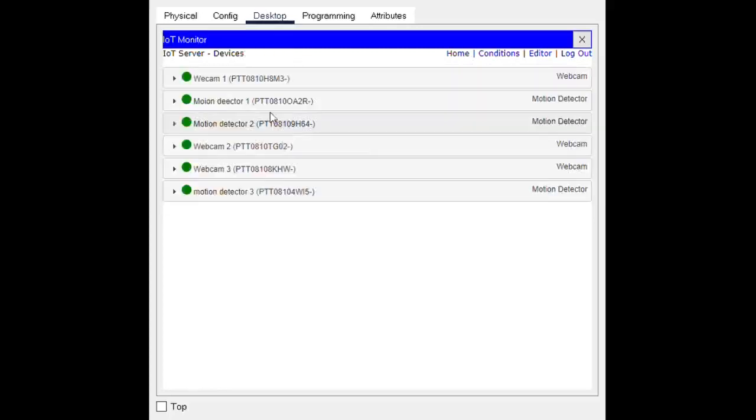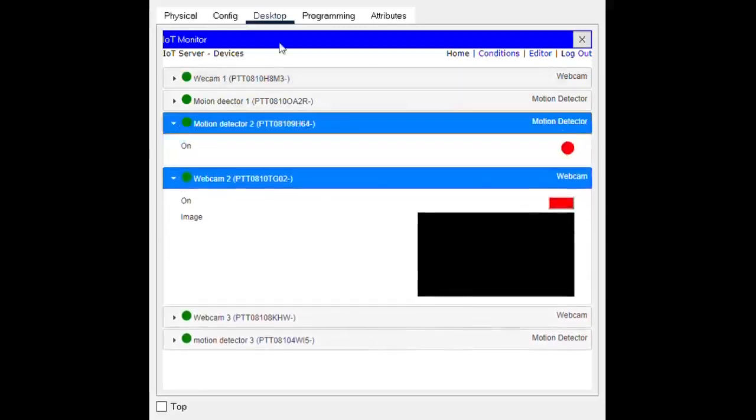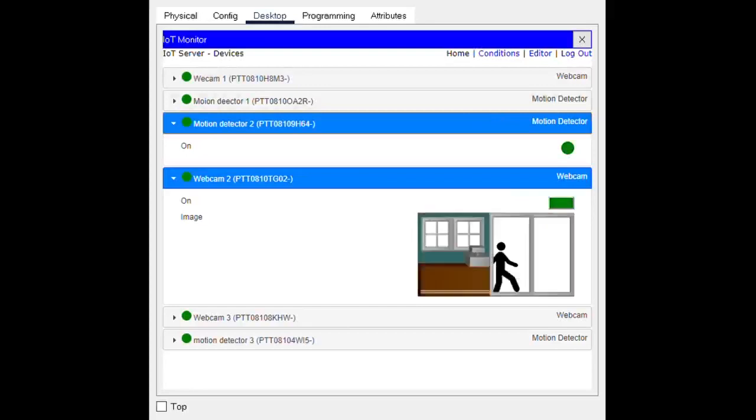So now we will check for webcam 2. So as you see here, when the motion detector 2 detects the motion, then the webcam 2 will turn on.